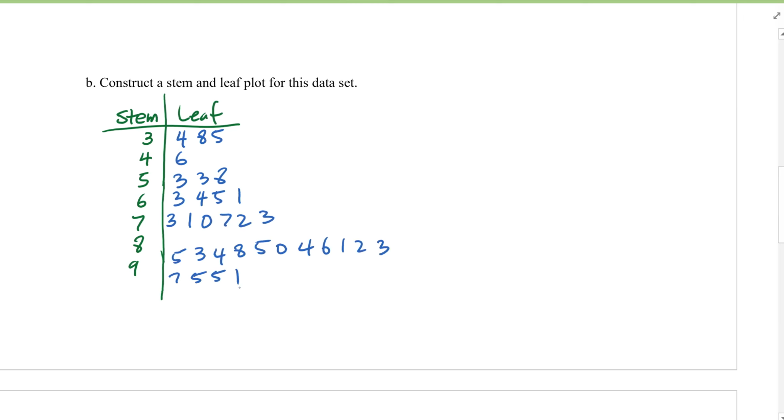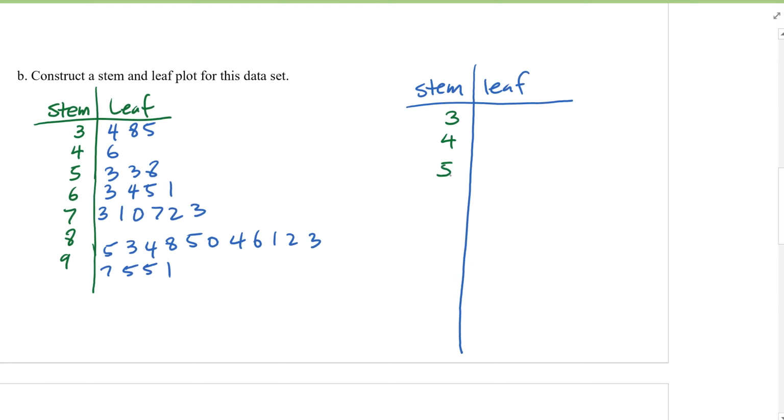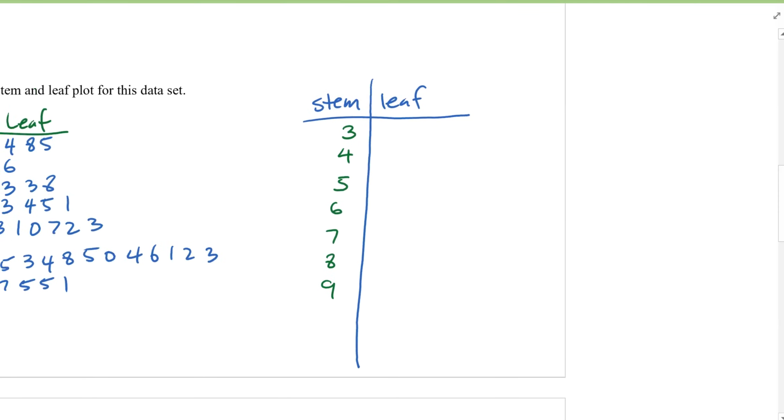Now note that I just basically rewrote all the numbers where the leftmost digit is my stem and the right digits are my leaves. And then notice that they're not ordered. The next thing is I could just order them. Okay, stem, let me write it over. So stem, leaf, right? Okay, I'm gonna do the same thing, but the only difference is now I'm gonna put them in order. So we'll have 3, 40, 50, 60, 70, 80, 90,